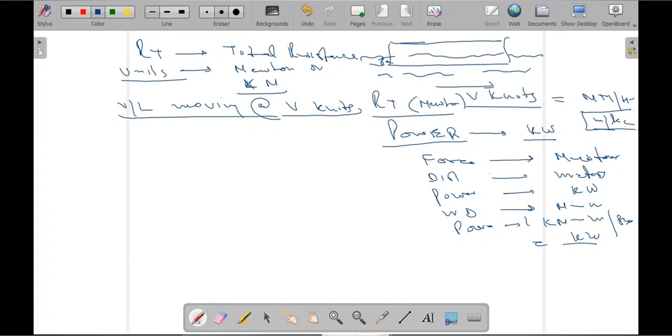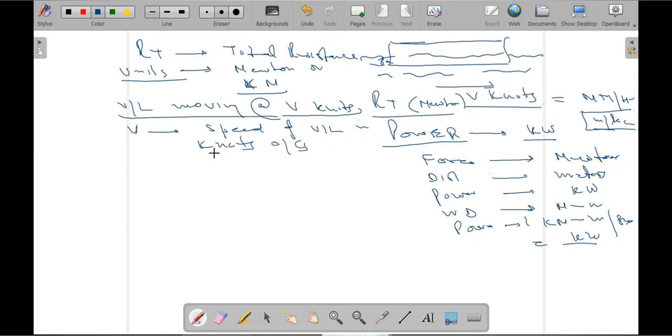So here speed will be always V. Now what is V? V is the speed of the vessel in knots. Speed of the vessel in knots. This is capital V